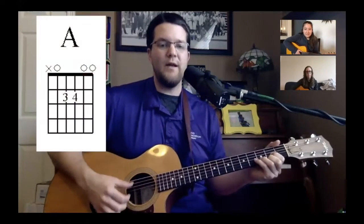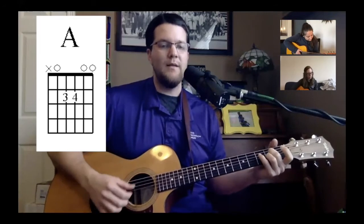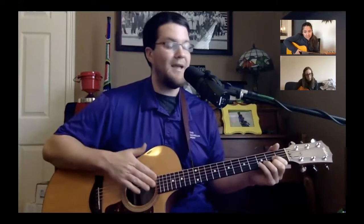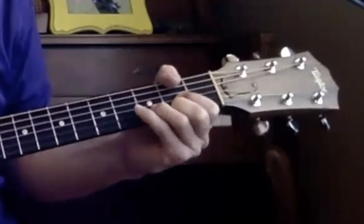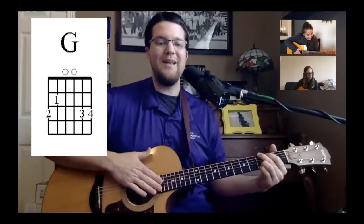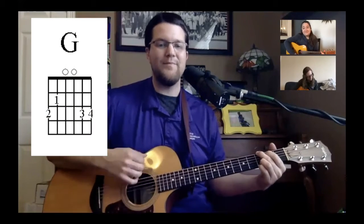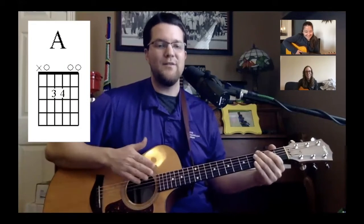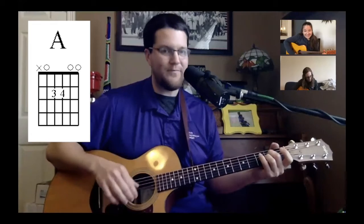So in that second line, we have D for 4 counts. Then we have A for 4 counts. Now let's rest and find the D/F sharp, D over F sharp, and then we're going to go to G, 2, ready, and play. And finally to A, 2, 3, and...